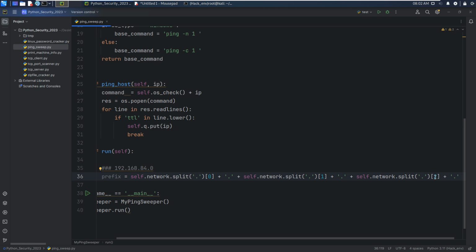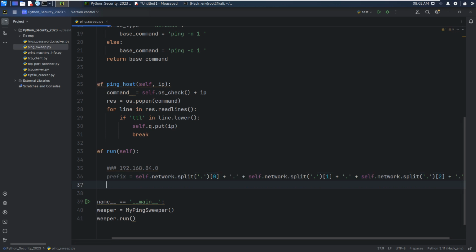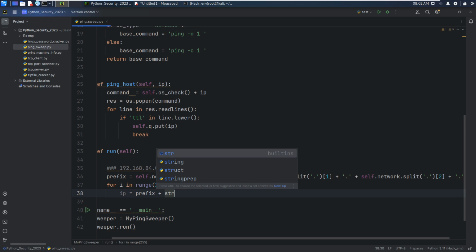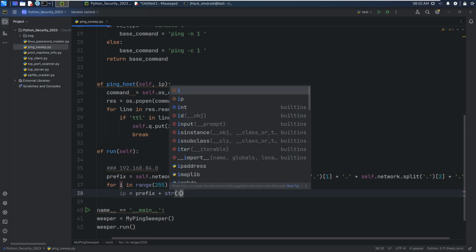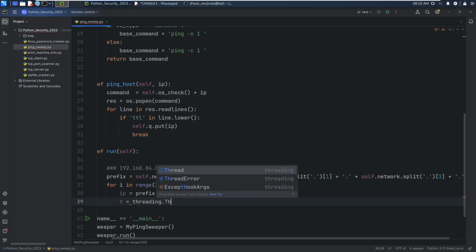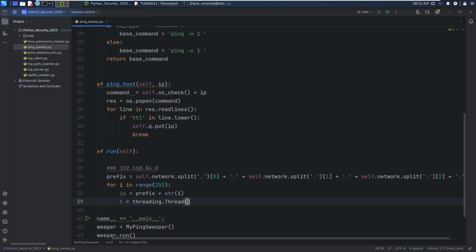Okay, so now for i in range, and then the IP should be the prefix, and we need to convert the integer to a string, and then we need to use the multi-threading module, the Thread class.